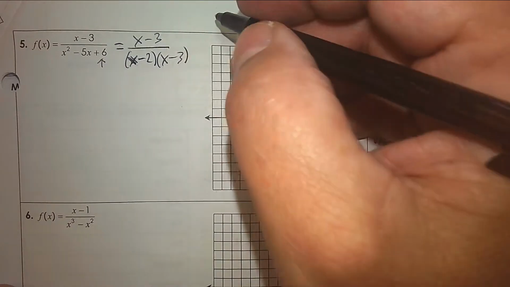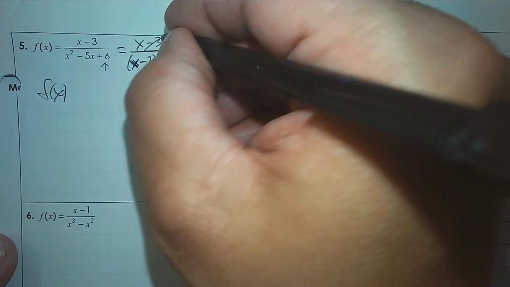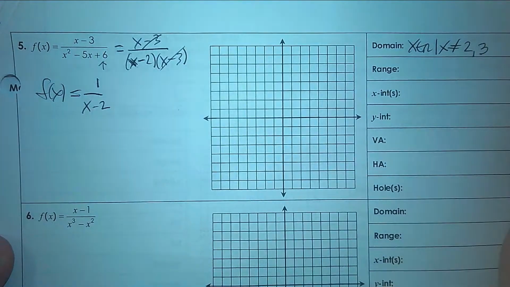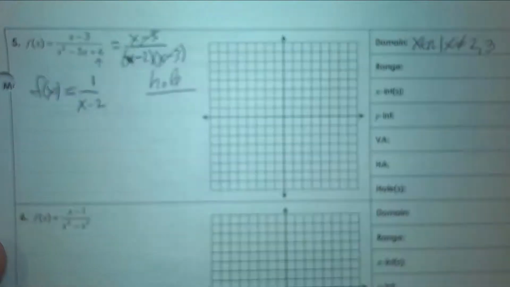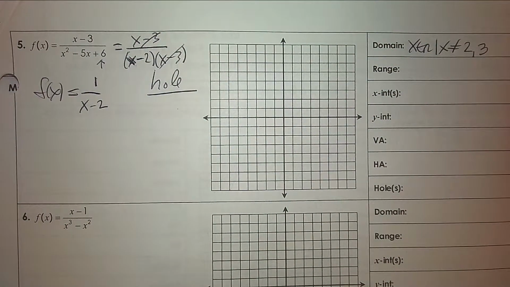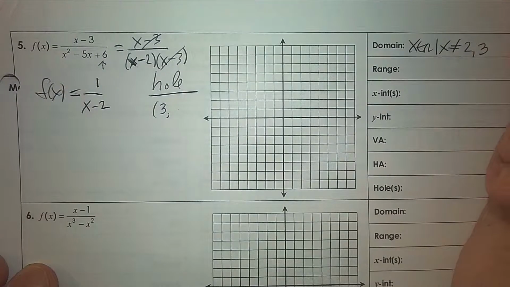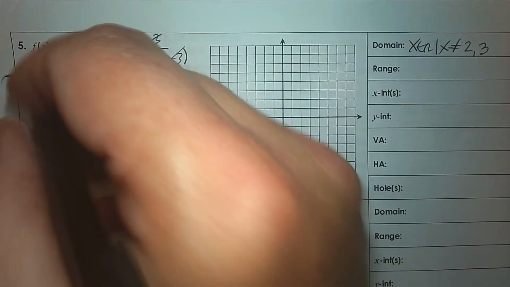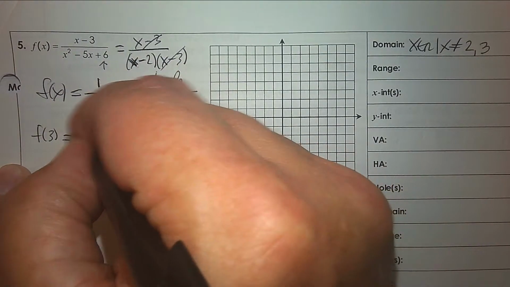Next step. Jimena, what do I do next? Do you see anything removable? So I'm going to remove it. What's left is 1 on top and x subtract 2 on the bottom. But because something removed, what do I have on my graph? A hole. What's the zero of what you removed? 3. And to know how to find the y coordinate, what do you plug in for x